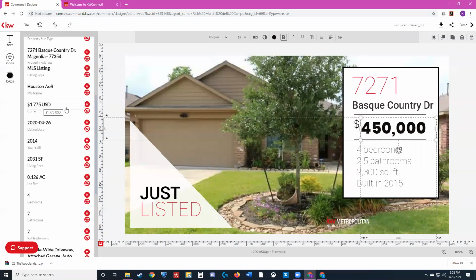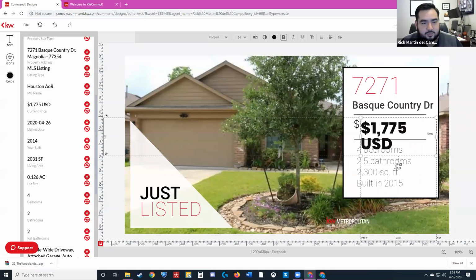Price, I can hit replace here, and it just swaps it out. Then I can just select and delete that, and so forth. So it's